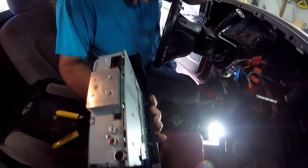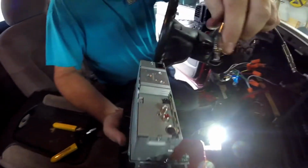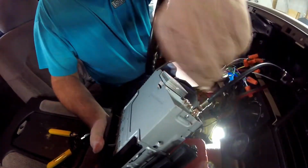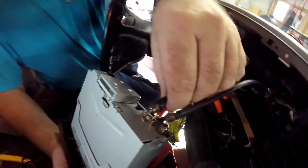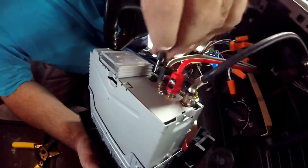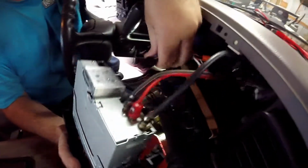Now we got some RCAs and some wire running all the way through up my dash, all the way through there. Alright, now it's time to plug everything back into the radio. We had to fix a couple extra things that we didn't intend to fix. But that's the antenna wire, our RCAs. Here's my microphone. And then all the